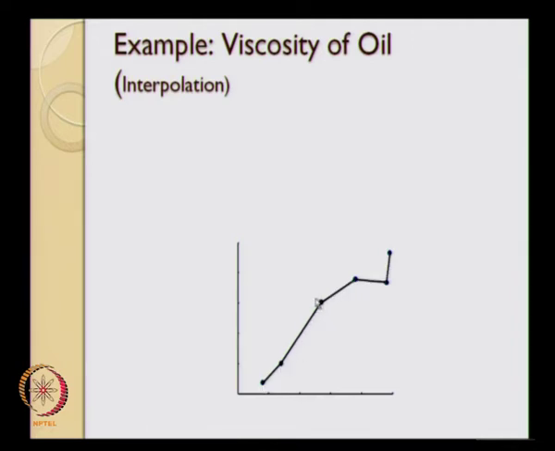So what we have over here is 6 data points that give us essentially 5 intervals, and for each of these intervals we fit one straight line that goes through all of these data points. The final curve will eventually go through all of these data points, but this curve that we get finally is composed of 5 independent straight lines. Okay, so that is one way of doing this interpolation.